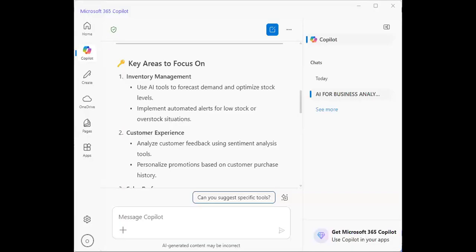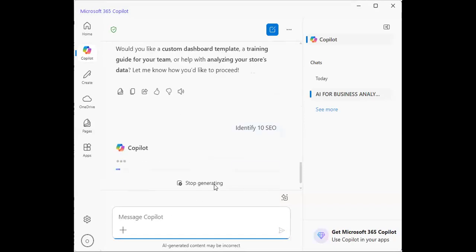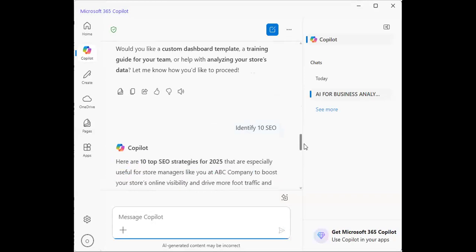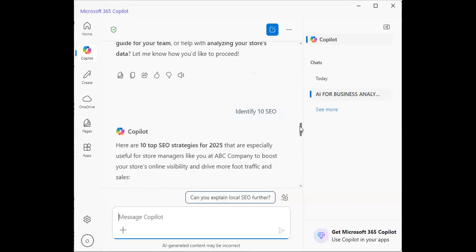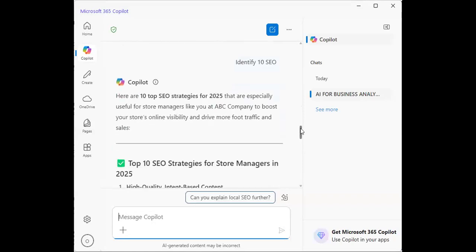Right. So the first word is identify. We can tell the co-pilot to identify the SEO. So it says here are top 10 SEO strategies for 2025 that are especially useful for store managers like you